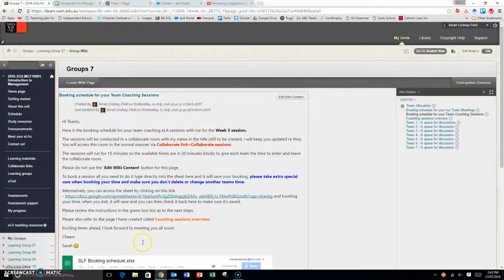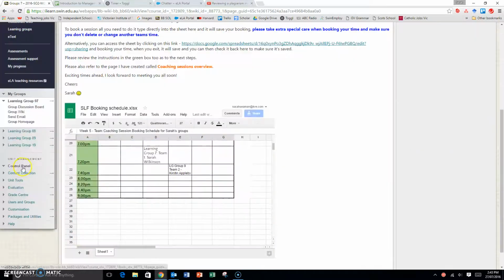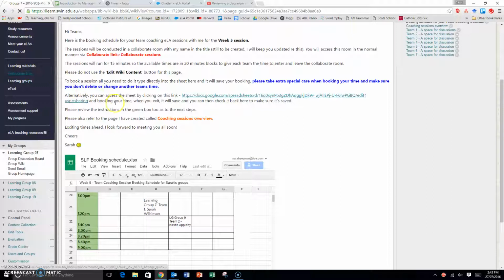So I've got a little Google Docs in here, and this will only be relevant for ELAs who have multiple groups. More than anything, you'll find just a really simple, easy table for you to jump into and work through there as well. The Collaborate Links menu is filling up a bit, which is really the main motivation for moving into that, for me doing this video, sorry.